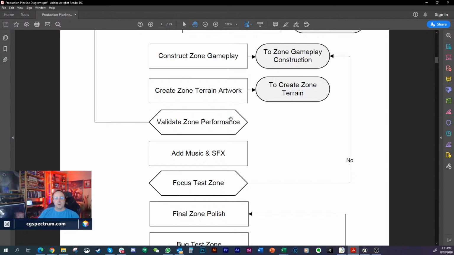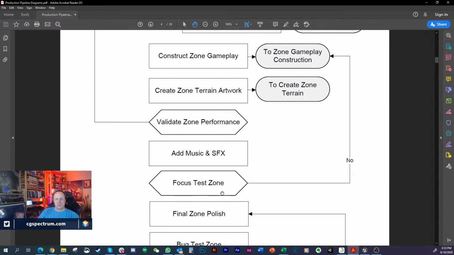I've seen teams work for several years and create all the levels in the game. They built them out 100%. They were polished. They would do fly-throughs of the levels. They were absolutely beautiful, and everybody just went ooh and ah, like, oh my God, this game is going to look incredible. And then they handed them off to the gameplay programming team. The gameplay programming team throws a couple characters in there, and next thing you know, the game's running at 5 frames per second,